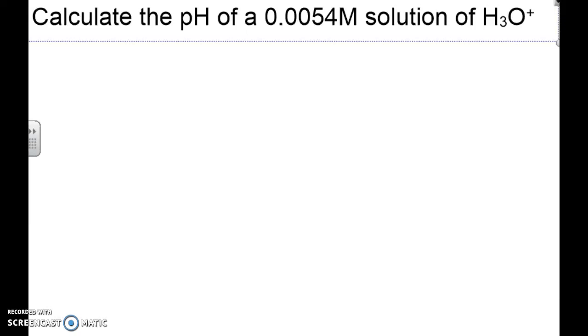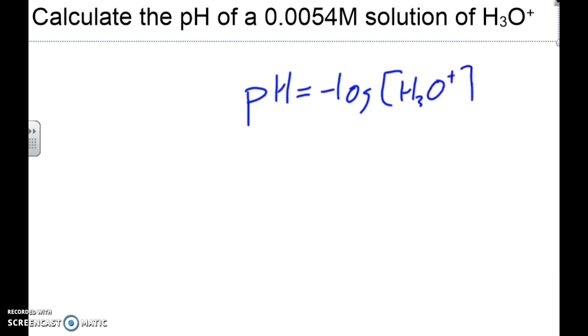The last topic to talk about with significant digits is how to use it when figuring out pH. Now you may remember this from last year, or grade 11 math, but the formula for pH is equal to negative log times the concentration of H3O plus ions. Now what we're going to do is plug this number into here. So when we do that, the equation becomes